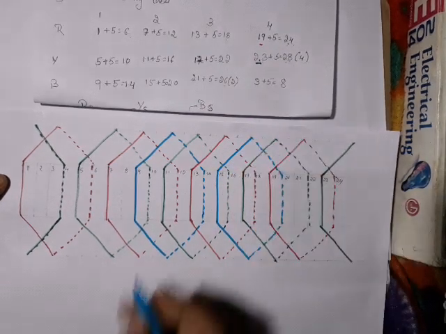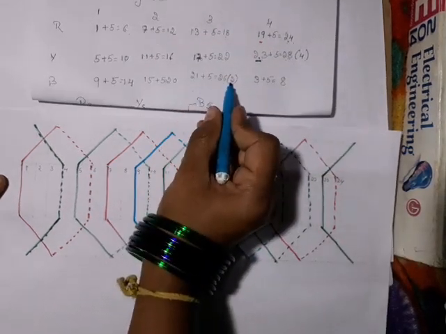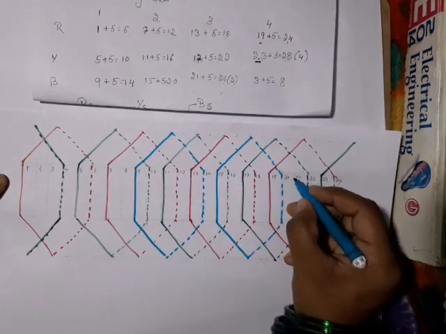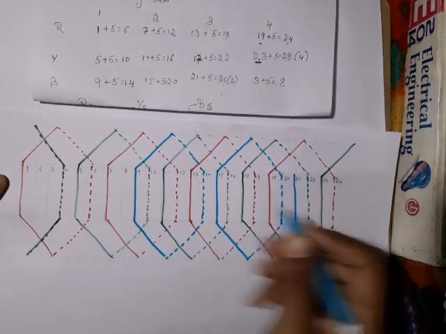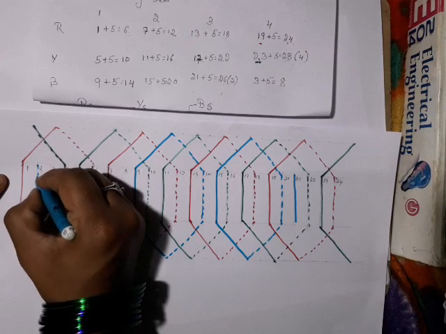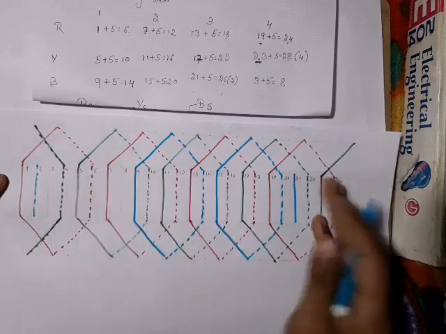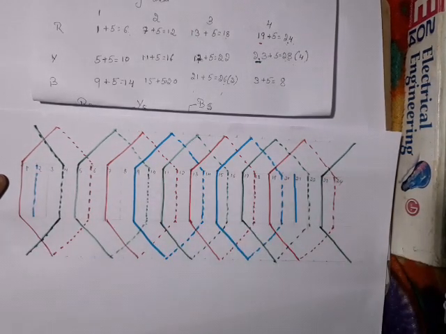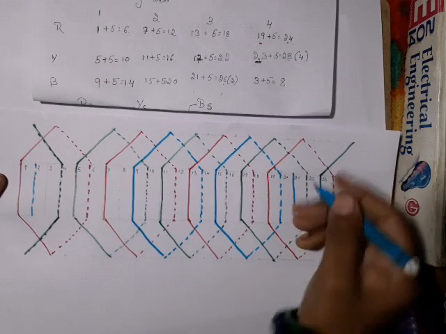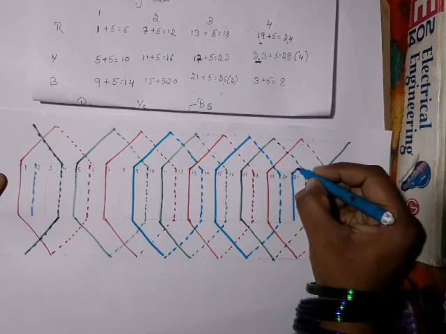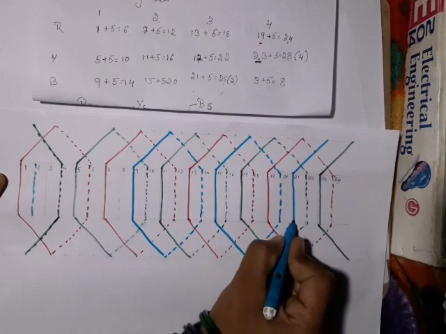Yeah. Next one, 21 is connected to winding number 2. So 21 is here, 2 is here. So as you know, you cannot connect from this side to this side, but when you close it, it will get connected. So don't worry about that. Just you need to draw like this.